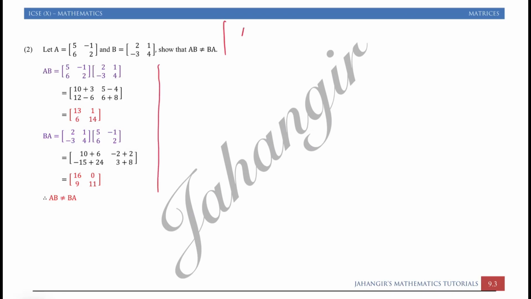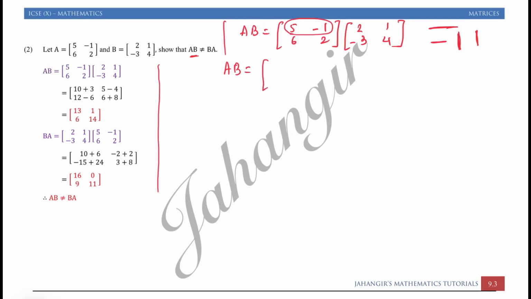Here we have A. First we have to write AB. So I will just directly write A is 5 6 minus 1 2, and B is 2 minus 3 1 4. So here again, first row, first column, first row, second column you can write, or you can write second row, first column. Anyway, you can multiply in any format. Just multiply by yourself and check whether you did correct. If there is some error, you try to go through it again.